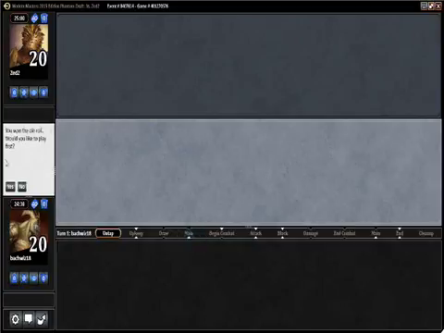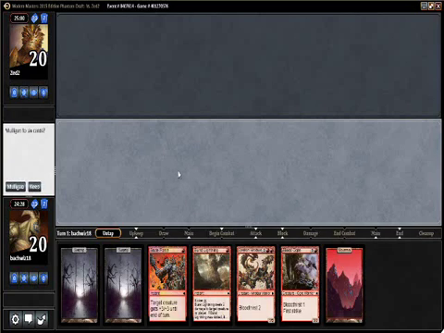Alright, round number 1, and we won the die roll, which is very crucial, and we will choose to go first. This hand's kind of awkward. If we had a Fire Slinger or a Lacerator, it would be pretty perfect, but I think it's still worth